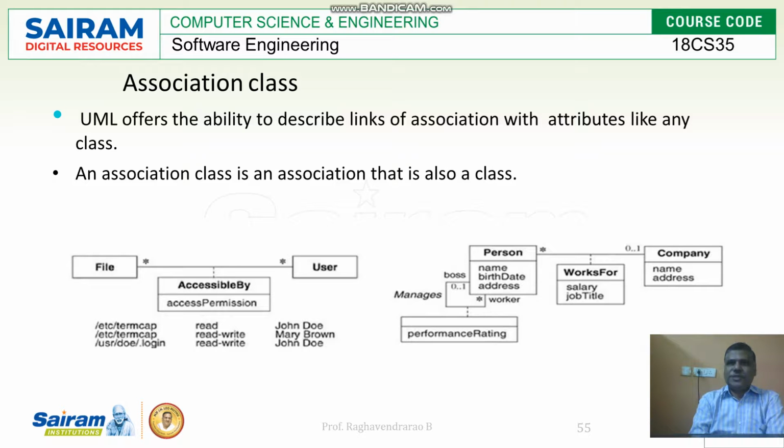In between the association, a class is going to exist, and there will be possibilities in that. Using this UML diagram, we can see how the class is going to interact between the association, file and the user. 0 or more files are required for the user. So access permissions are going to be allowed. So that is the class. Accessibility by the user or not should be governed by permission. If it is there, then only the file will be accepted. The class will be present in between the association.